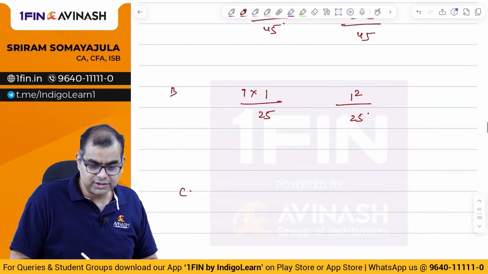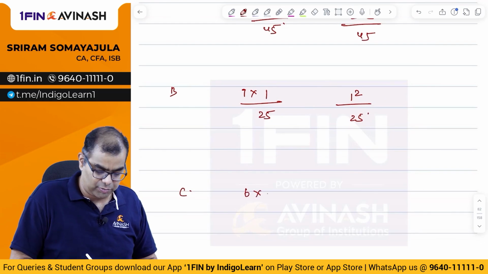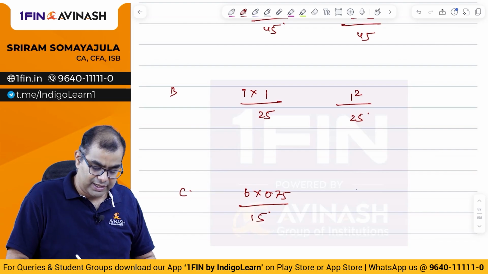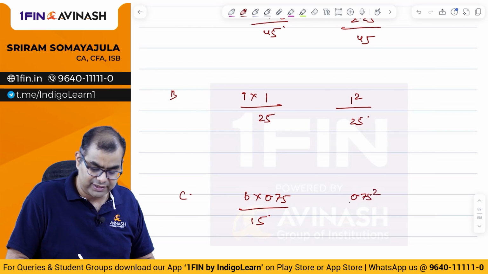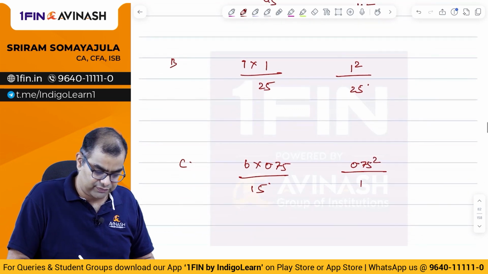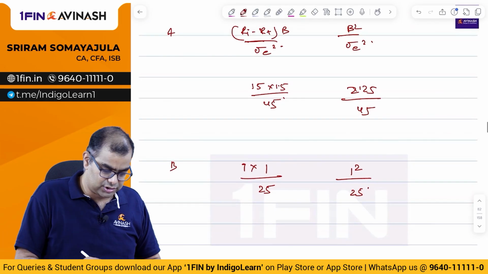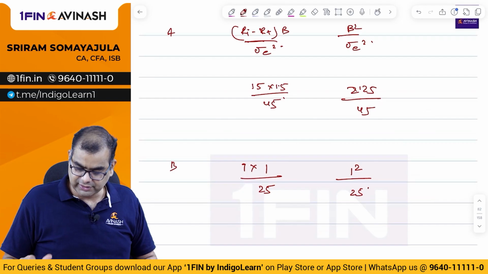For C, it is 12 minus 6, which is 6, into beta. Beta is 0.75 divided by unsystematic risk of 15. And the second term is your beta square, 0.75 square divided by unsystematic of 15. Right. So, what do these values come up to? This is 15 into 1.5 divided by 45. This comes to